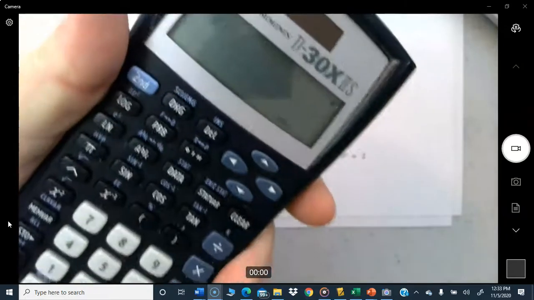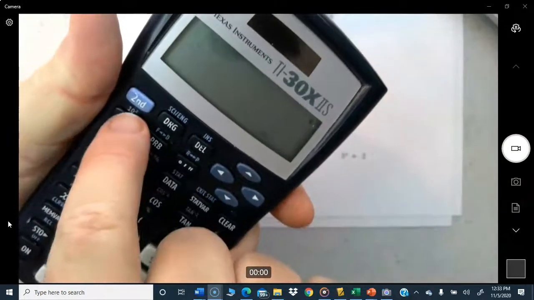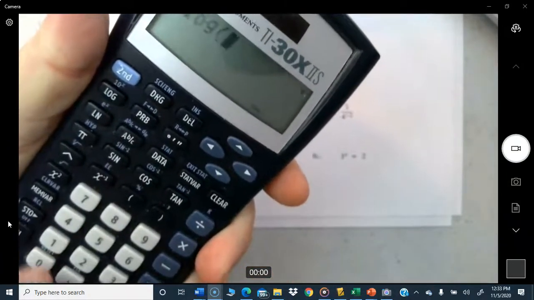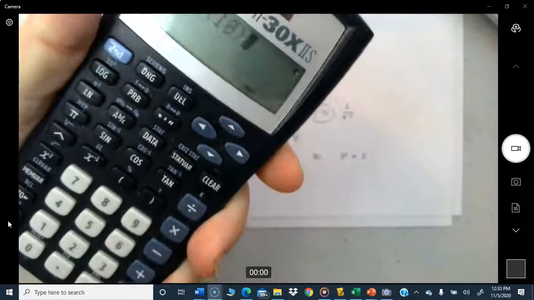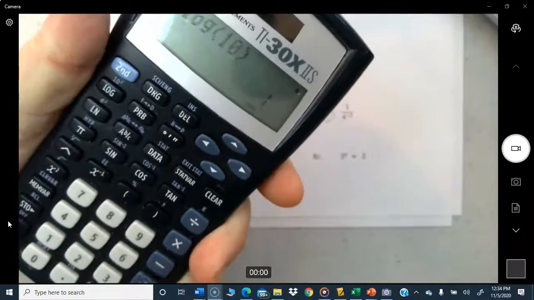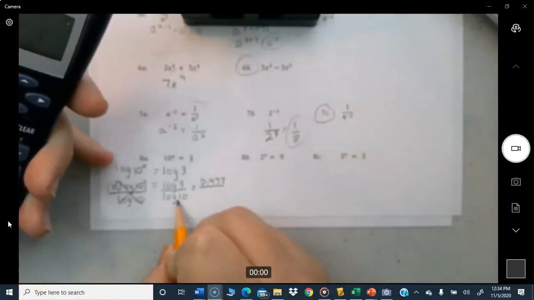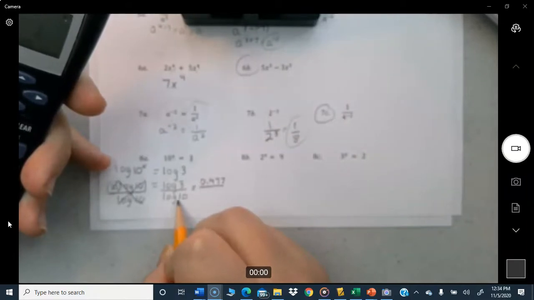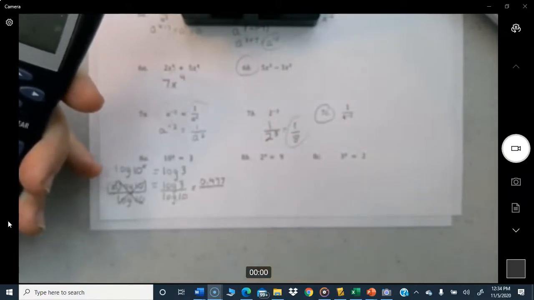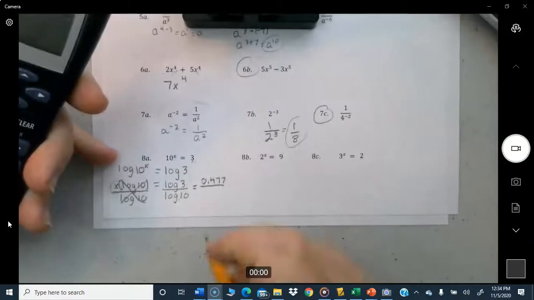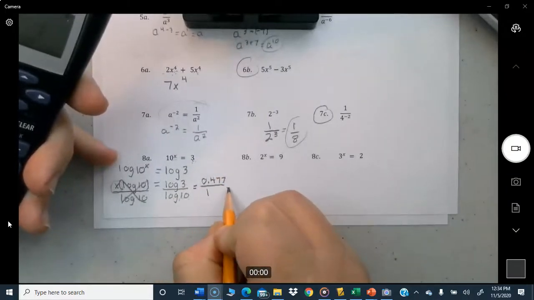So I come back here, and I hit log again, and 10, close the parenthesis, and that gives me 1. Log of 10 is 1. Why is that? Because log of base 10, 10. It's saying, what is the exponent that I have to raise 10 by to get to 10? The answer is just simply 1. Okay, so that's going to equal 1. So your final answer is